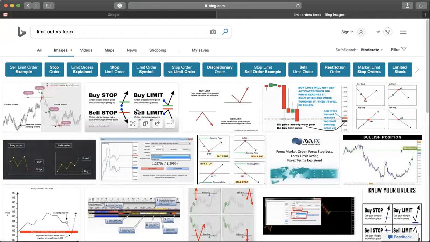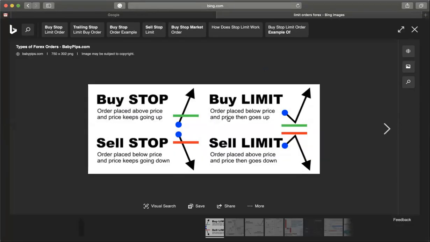Okay, boom, right? So this here is the different ways you can enter a trade. Besides the market execution, where you enter the trade exactly where the market's at right now, you have what you call a buy stop. You have the options on your MetaTrader 4, and then you have a sell stop, right? Then you have buy limit, then you have sell limit. The buy stop is where,